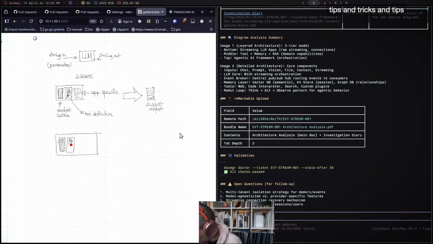So if this is the planner, and then you could have some planner context, app specific. And then you could say, hey, the analyst said that. So you wrap what the analyst reported and add some little snippets around it, for example.